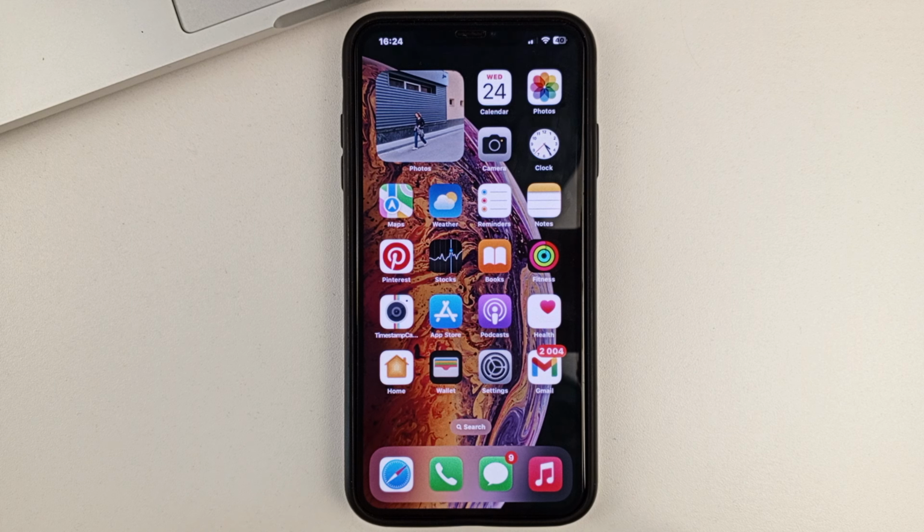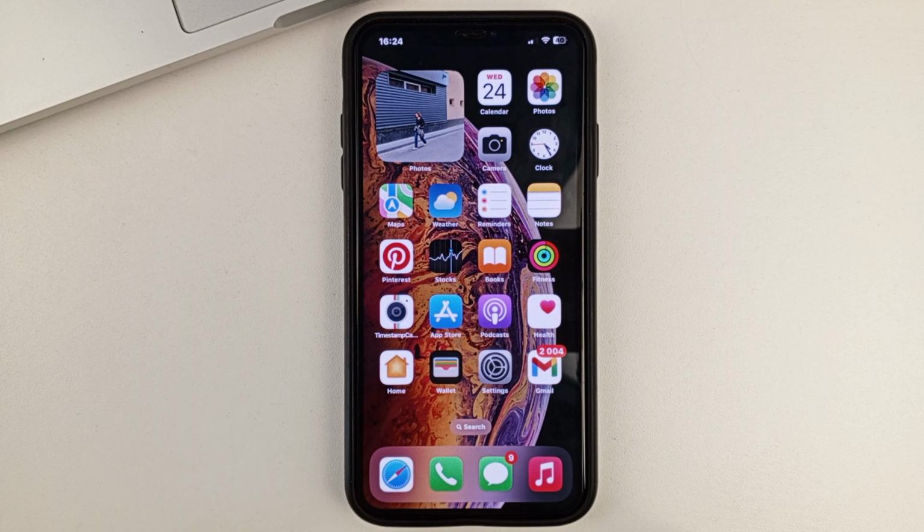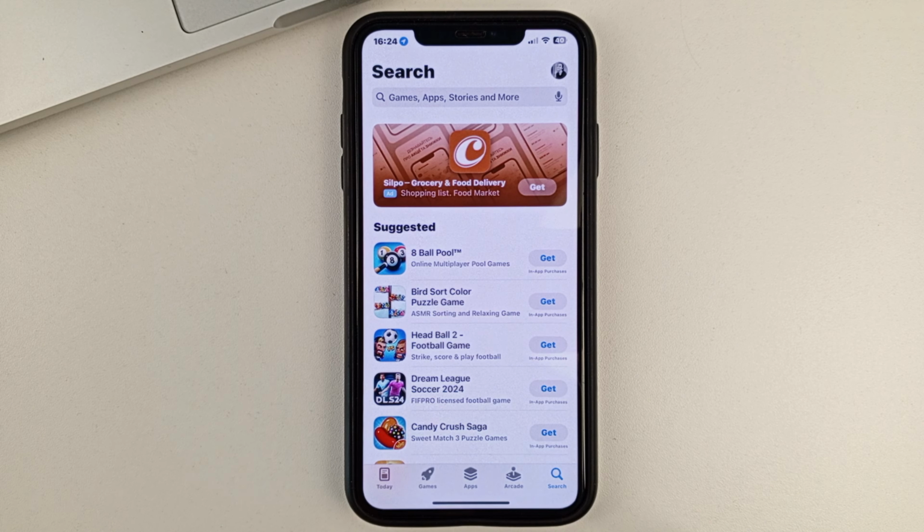And in order to install the app CapCut, you're going to have to first open the App Store. The App Store is the app store that's on any iPhone. This is the factory app. You'll be able to easily find it. Then down here on the right-hand side, go to the search option. And at the top of the search box, type in the word CapCut. Then scroll through to find this application.